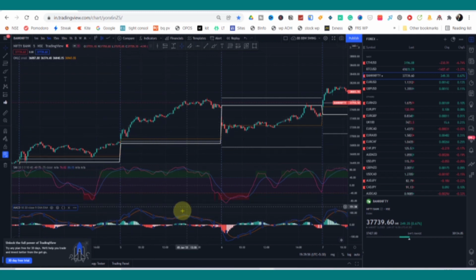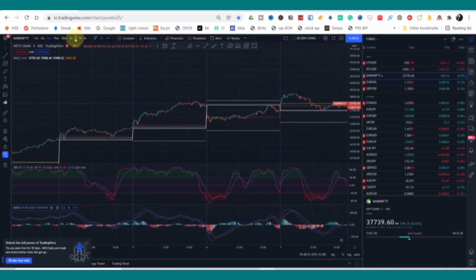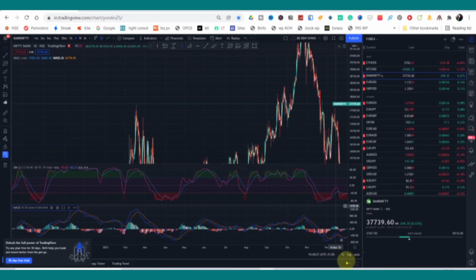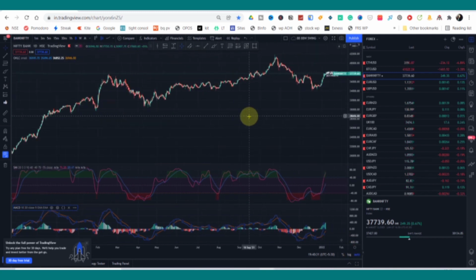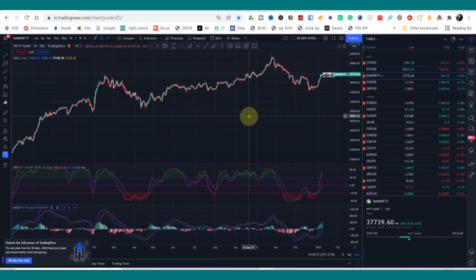Here there is no previous day range for exit, so we'll have to use support and resistance or your risk reward ratio. So you can go for the hourly or daily chart and find your next level, that is support and resistance. So in this way we can use this strategy for both trending and ranging market.